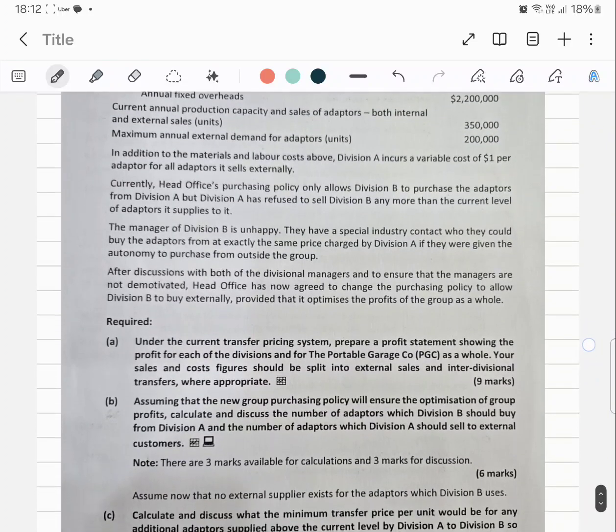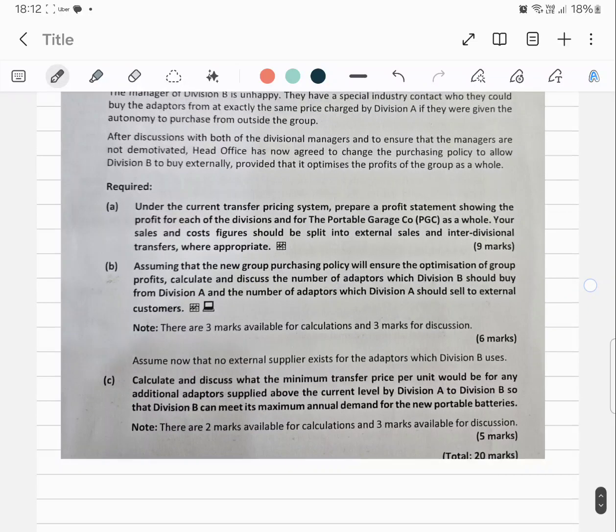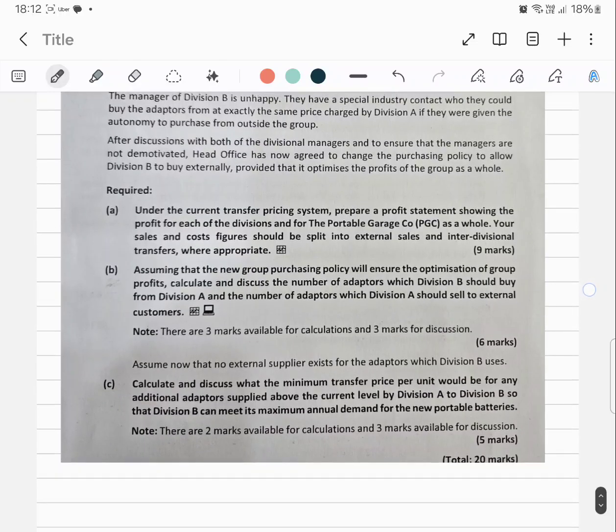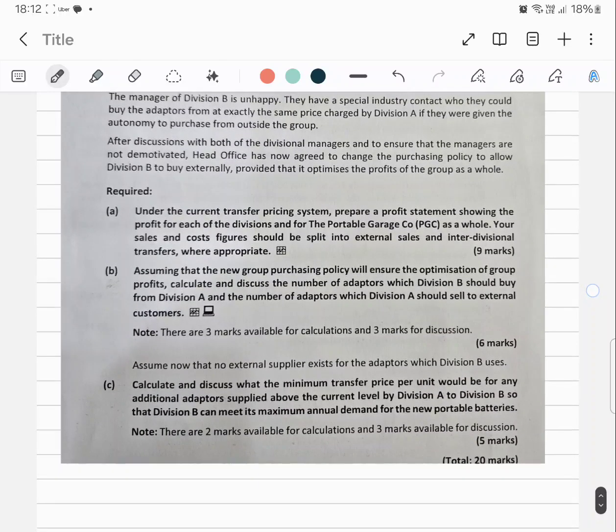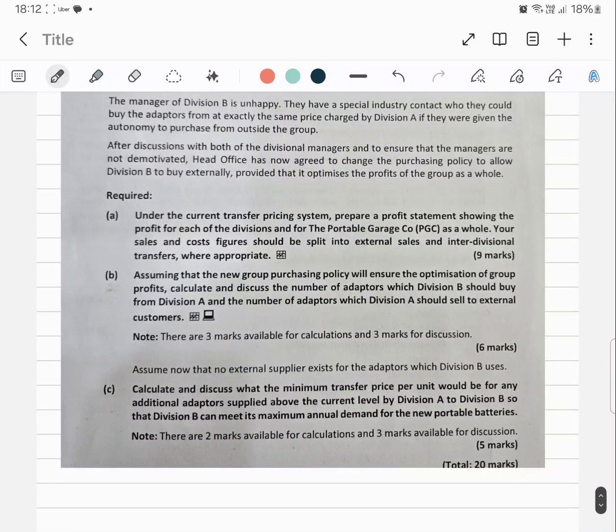What are the requirements? Under the current transfer pricing, prepare a profit statement for both divisions and the group as well. Then, the minimum transfer price per unit for any additional adapters supplied above the current level by division A to B, so that division B can meet